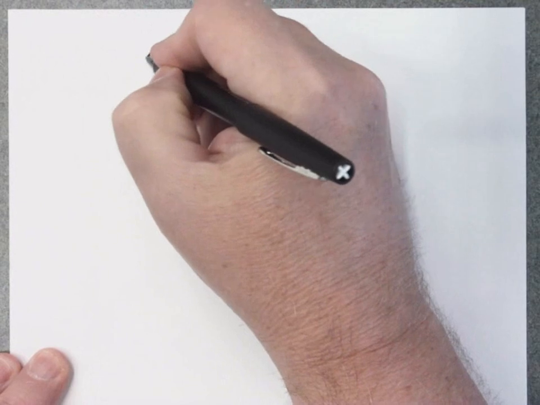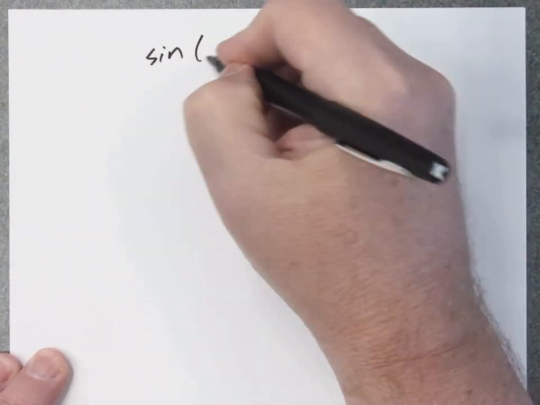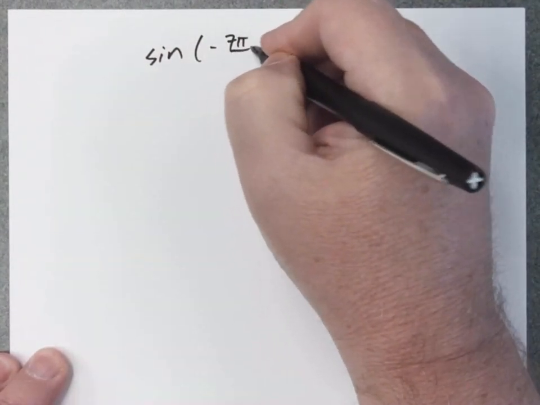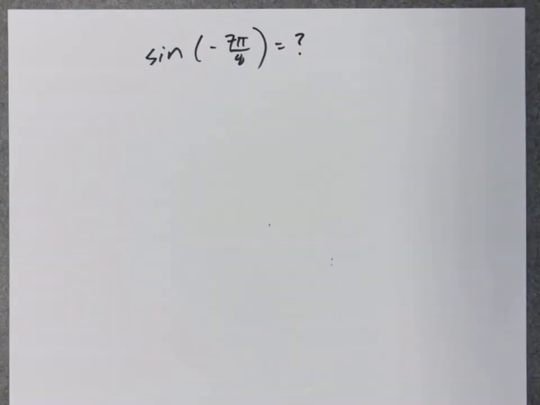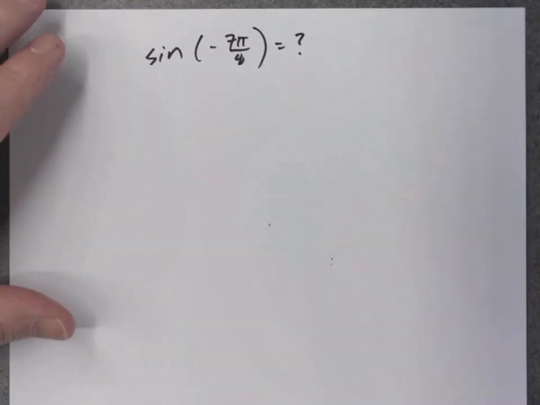They say use the half angle formula and determine the exact value of the sine of negative 7 pi over 8. So the negative angle makes it maybe a little different. The key here is 7 pi over 8 is not a special angle. It's not on the unit circle. However, especially since they told me to use the half angle formula,